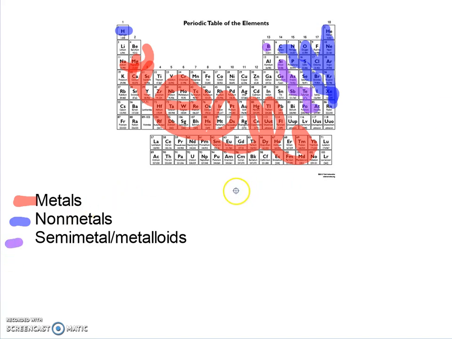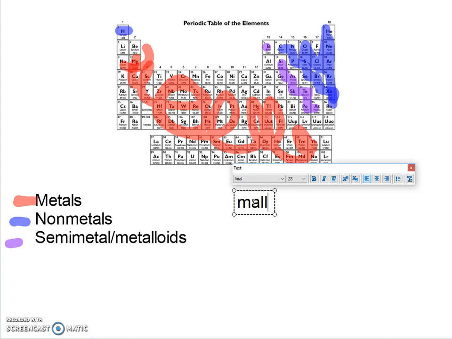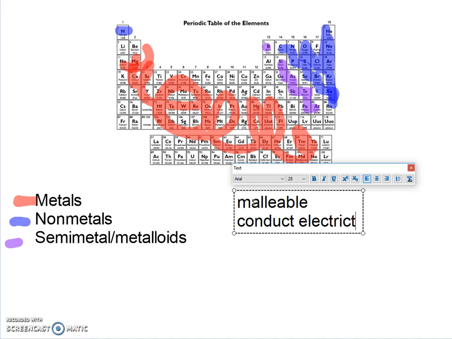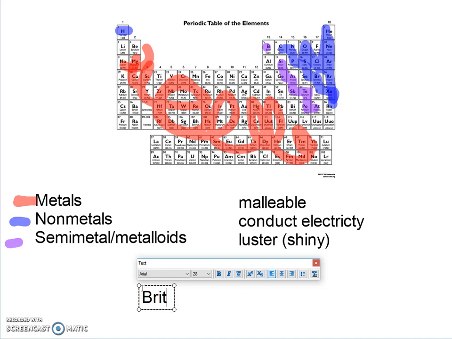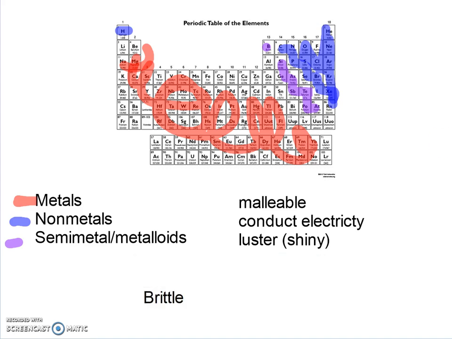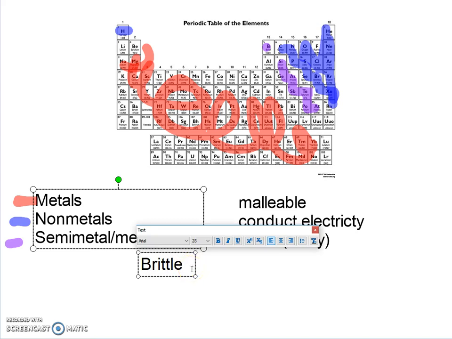Okay, so let's talk about some properties. So metals are malleable, which means they can bend. They conduct electricity. They usually have a metallic luster, which just means they're shiny. Nonmetals tend to be brittle, which means they crack. If you ever had peanut brittle, it cracks very easily. It's kind of hard, but it doesn't bend. So if you try to bend it, it'll crack. Glass is brittle. If you try to bend it, it cracks, unless you heat it up, but that's for a